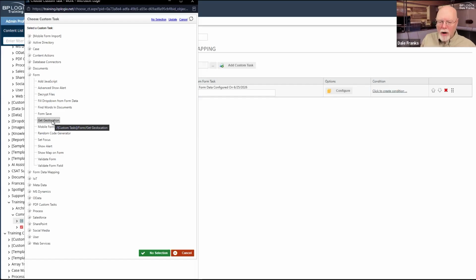So anything that requires local knowledge, like get geolocation, right? Get geolocation has to go into my device, get the location, either the Android or the iOS geolocation service, to be able to pull the lat and long for whatever my current location happens to be. That has to happen on my device. So that is part of the form's context. In fact, it even goes beyond the form context. It's really part of my device context. But it can only pull it if the form is open and it's running and it's on my device.